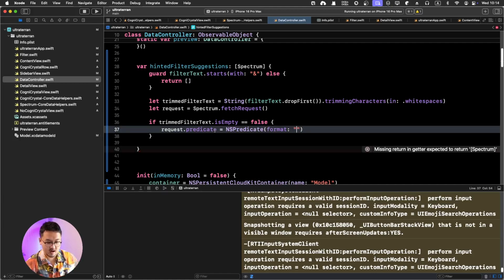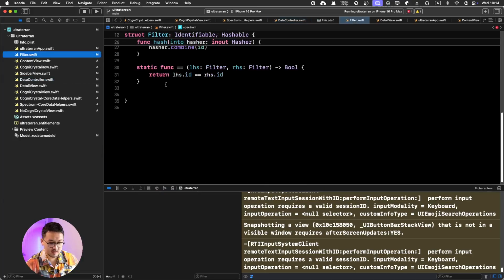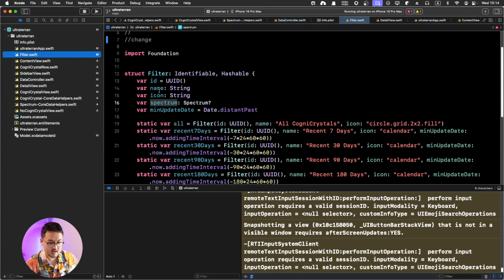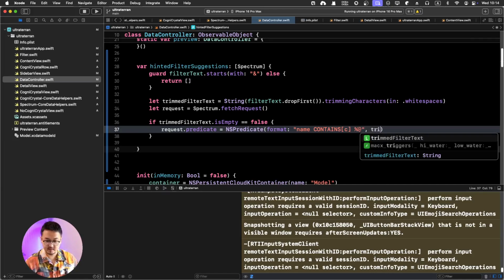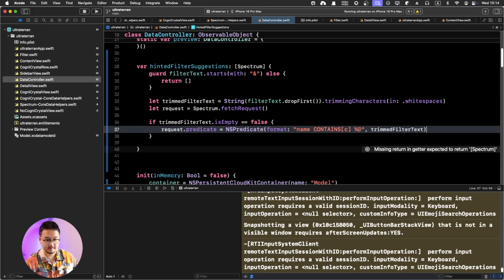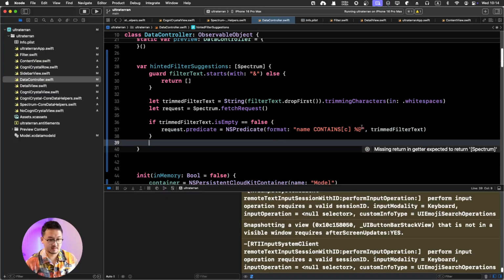We can say I think we got this, where is it? Filter name. Yeah, filter name, that's good. So we are going to use this filter name and contains, regardless of the capitalized or uncapitalized, and then we're going to pass in this trimmed filter text. Okay, and then we can safely return,